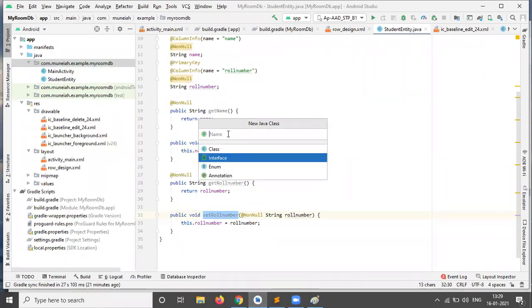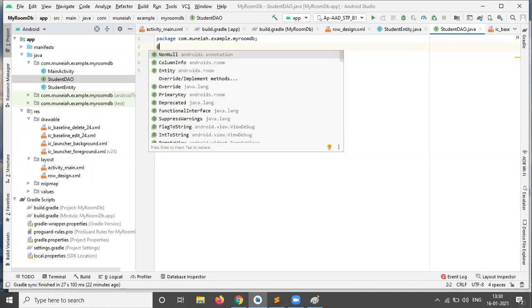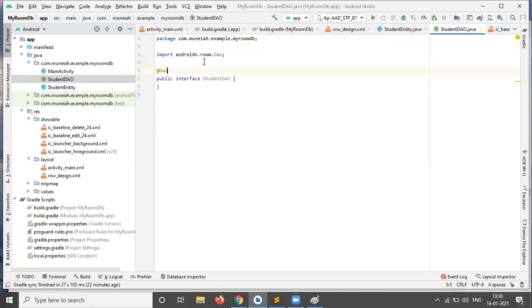Choose interface, and the interface name should be StudentDAO. Click on OK, enter. Here the annotation is DAO. The annotation should be @Dao.